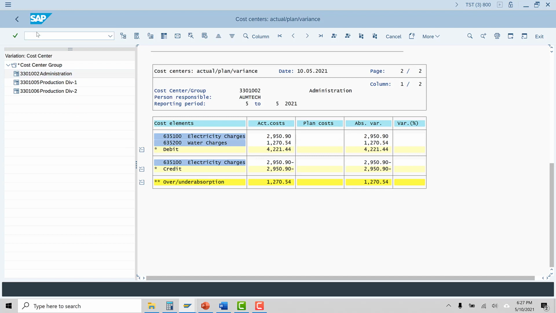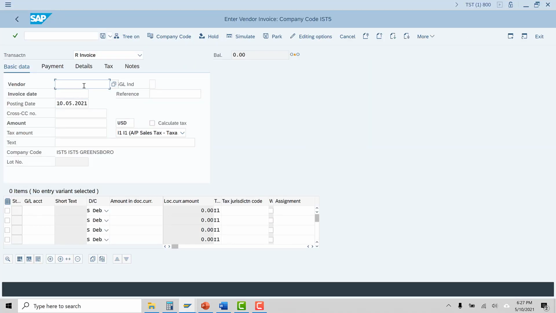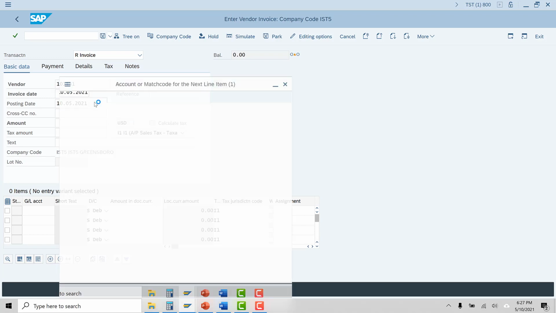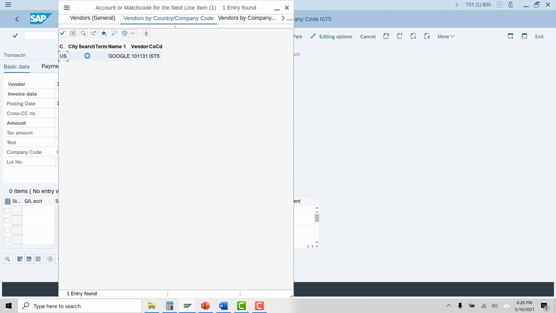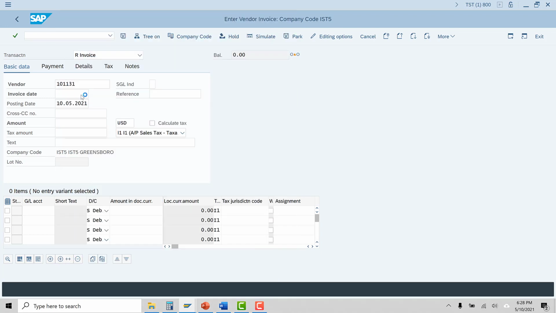So let's post some electricity charges to this cost center. Go to transaction code FP60. I'm posting a vendor invoice. Vendor, F4 to find the vendor. Invoice date, reference, amount, let's say 2000.